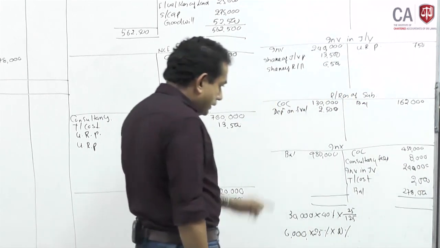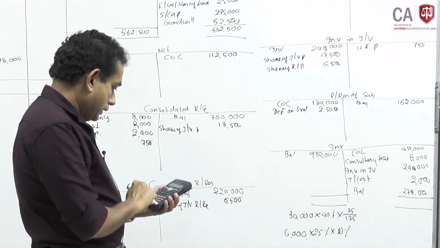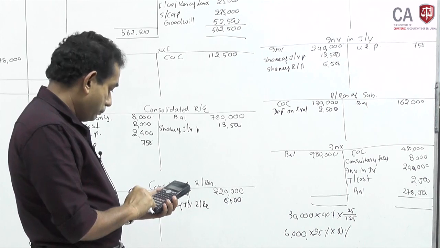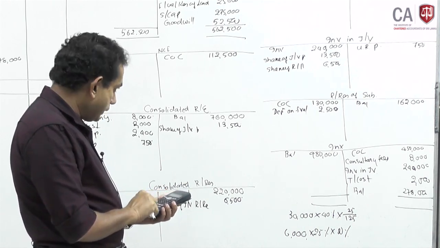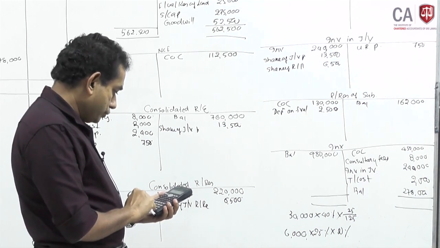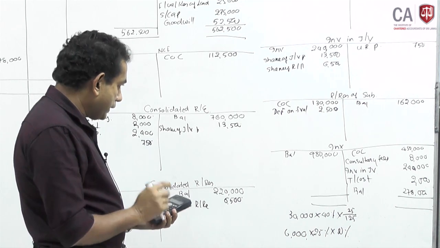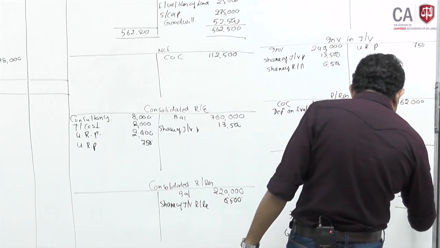Please do the corrections and then let us see the balancing figure. 980,000 minus 450 minus 8,000 minus 240 minus 2,000 minus 270. So, there is a balancing figure of 2,000 and that is supposed to be the fair value change,